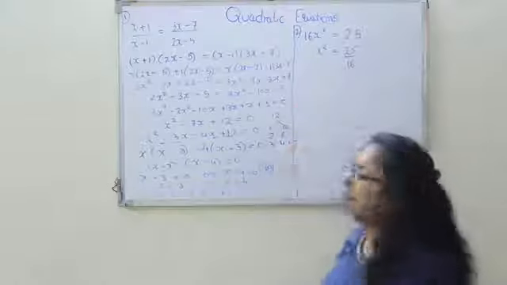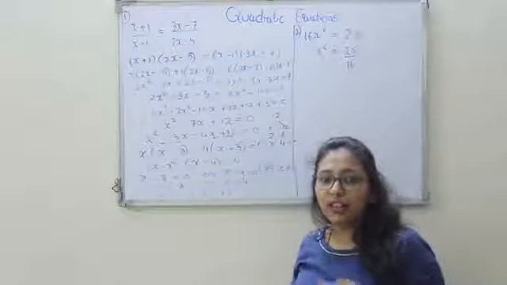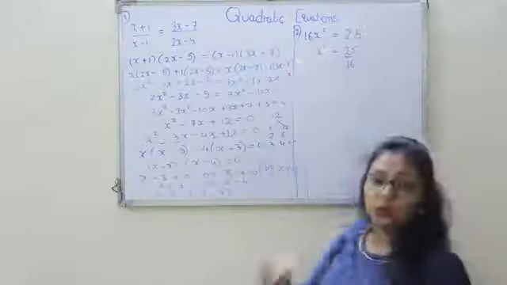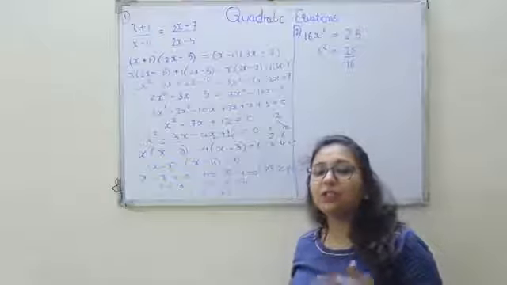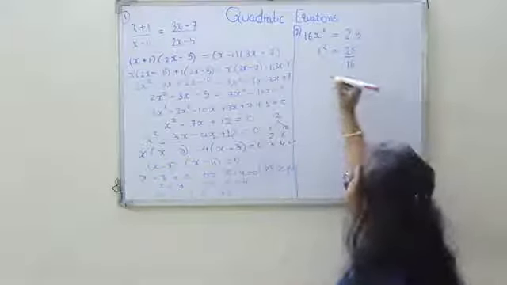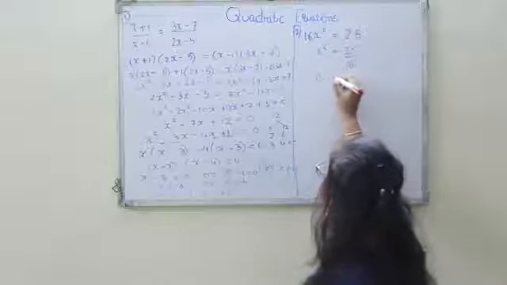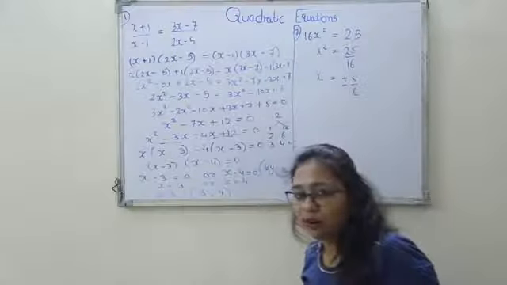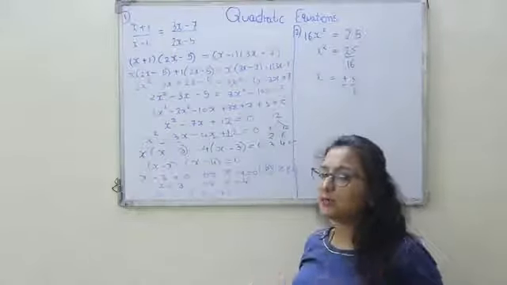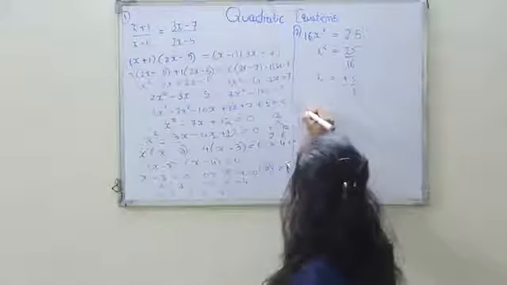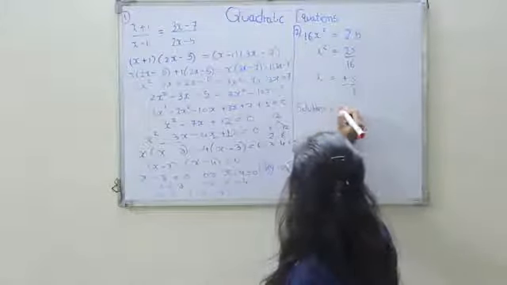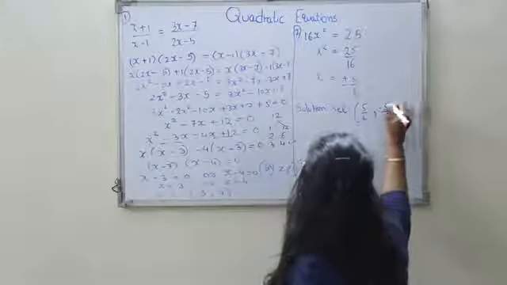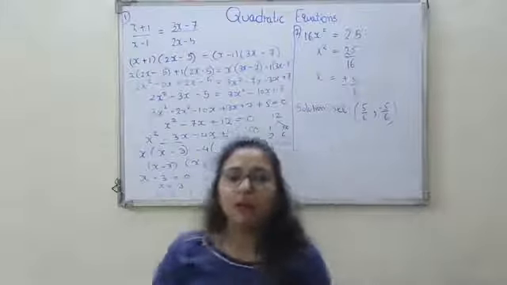So now it is x square is equal to 25/36, and as you know, in the factorization method, you need to find the value of x. So I don't want this power 2. So to remove the square, you know that children, we take a square root. So let's take a square root on both sides. So when you take a square root on both sides, your answer will be x is equal to plus minus 5/6. Why plus minus? You are already aware that when something comes out of a square root, there are 2 possibilities. So the solution set for this answer is 5/6 or minus 5/6. So here we end up with the factorization method.